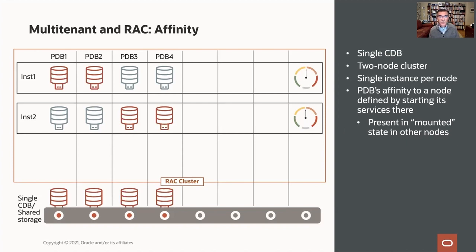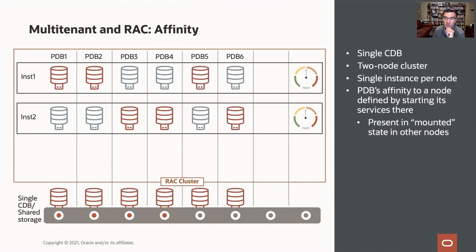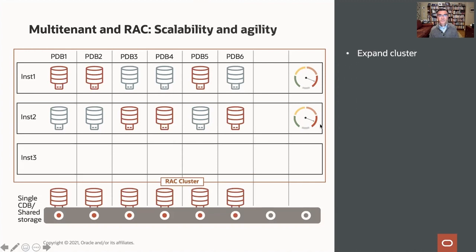Now these little resource meters here show a pretty comfortable load on each node. So far, so good. But now let's add a couple more PDBs to the cluster. We'll open PDB 5 in node 1, PDB 6 in node 2. And now our cluster's beginning to look a little overburdened, with these resource meters now in the red zone. To address this problem, we'll expand the cluster